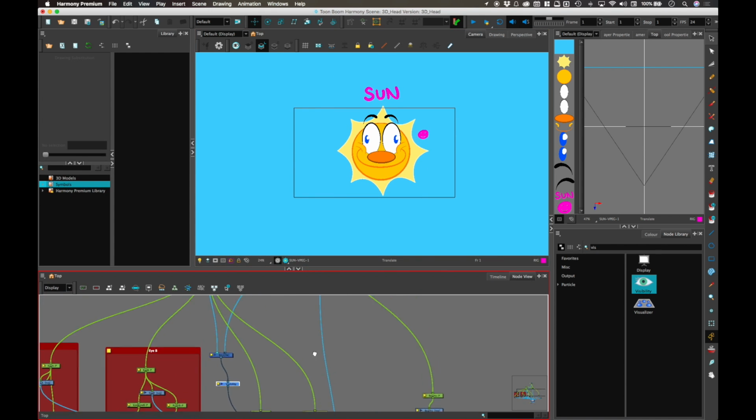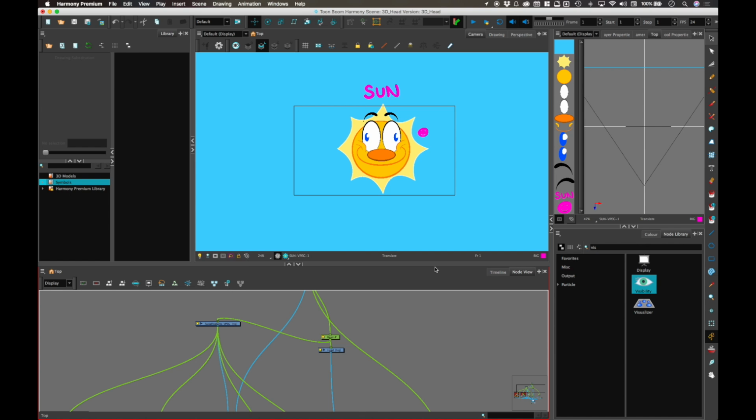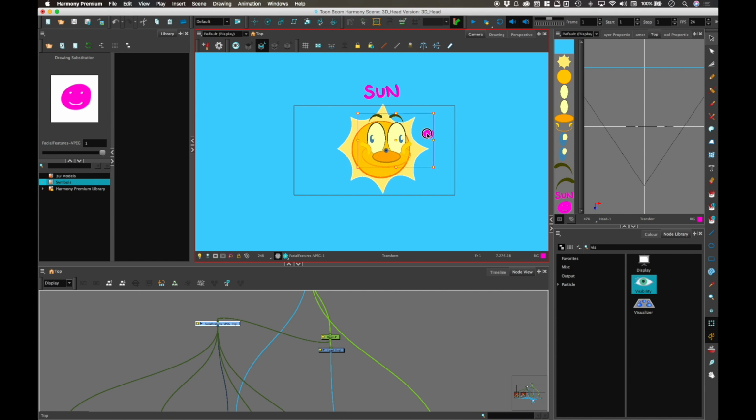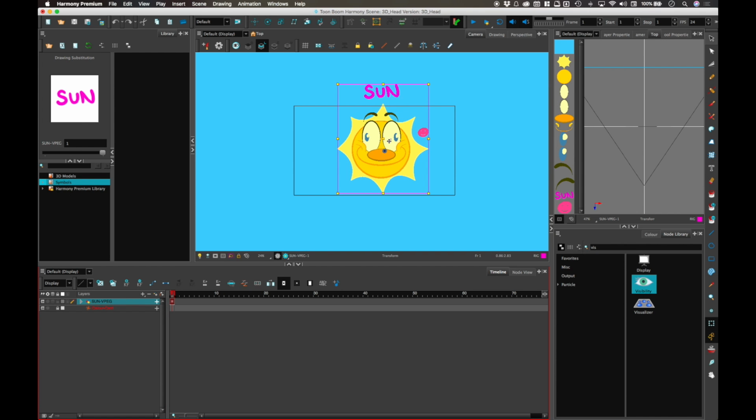So now we've got that, I want to create a system whereby moving bits and pieces around moves other bits and pieces around in a particular way, because we've got this flat hierarchical system going on, but I want to be a bit clever. Now I'm going to keep the top view visible because that's important to demonstrate this technique. It's a technique which I'm still working on, but it does at least show you quite advanced areas of how this program can work. So I'm going to select the entire sun, and I'm going to click create keyframe, and